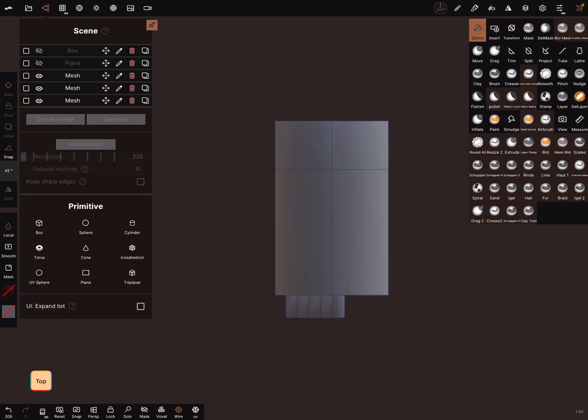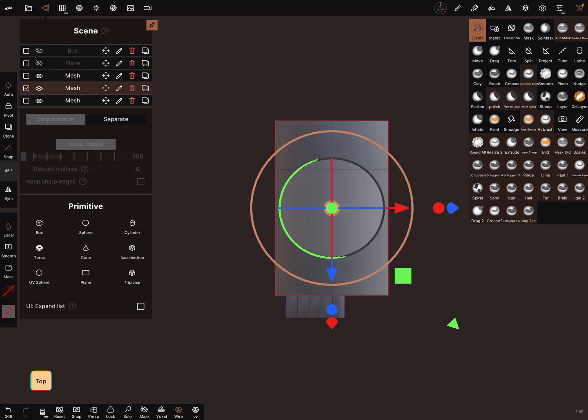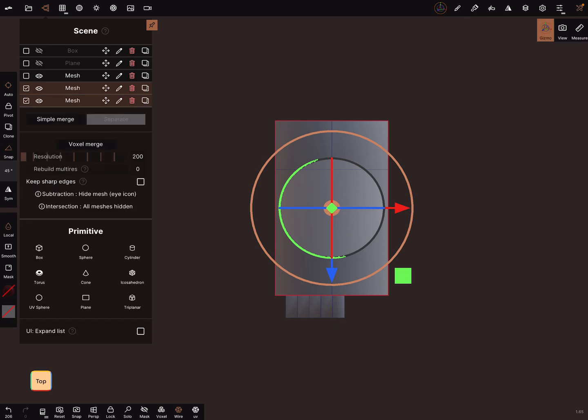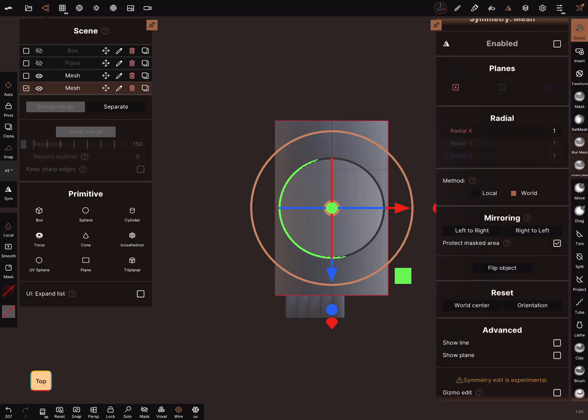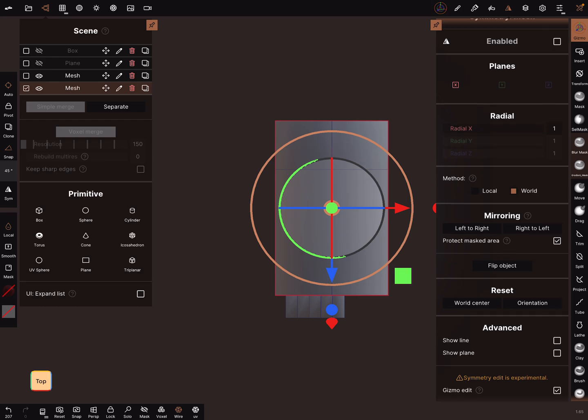And it's also possible to use the symmetry. You can separate the mesh again. And select these two objects, simple merge them, and use the symmetry. At the bottom there's the gizmo edit. Turn it on.